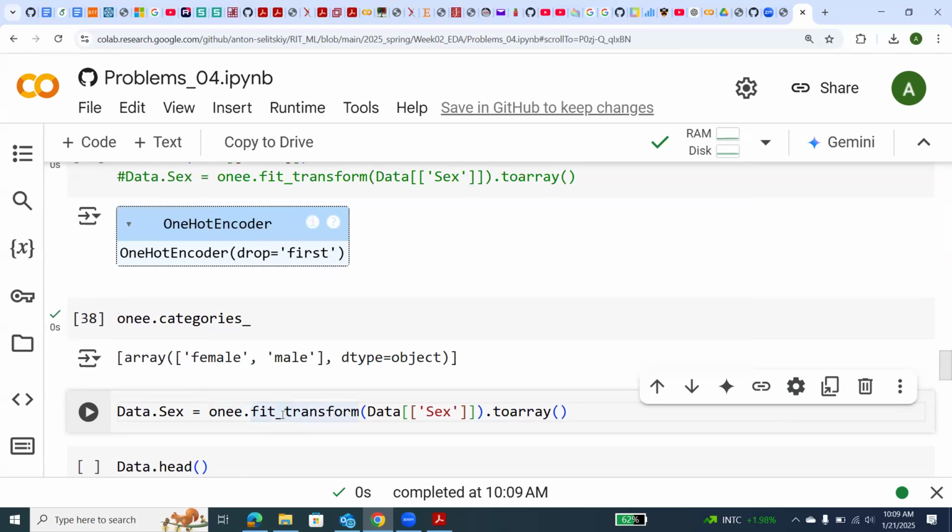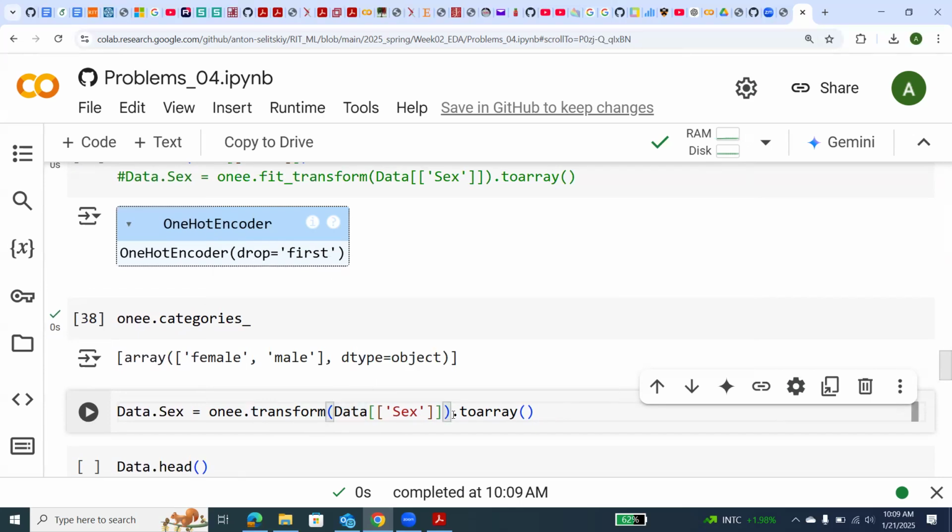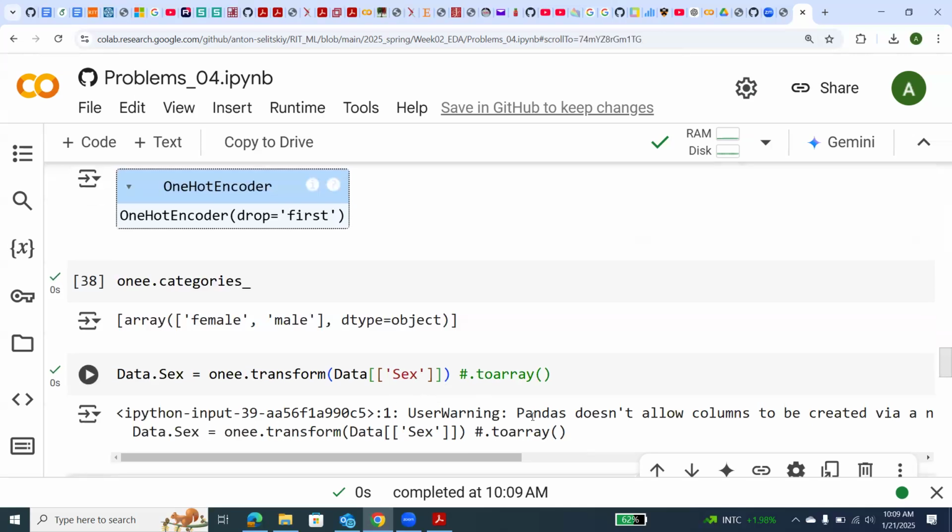So I used fit, so I can use just transform. And because it returns a sparse matrix, we also use toarray, because if I'm not using toarray, I will get just the